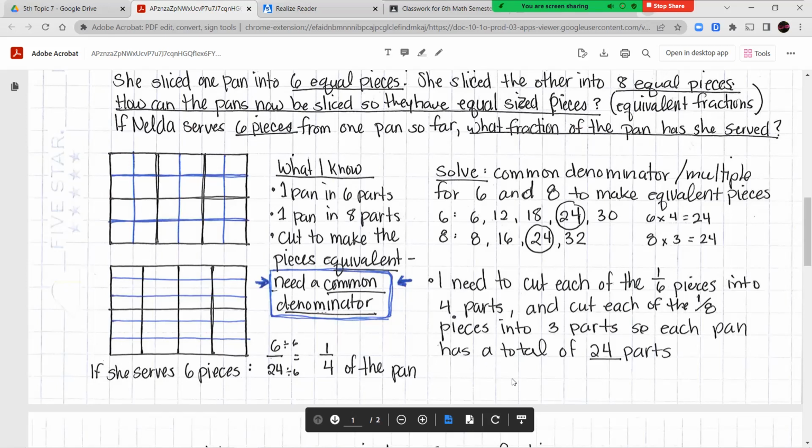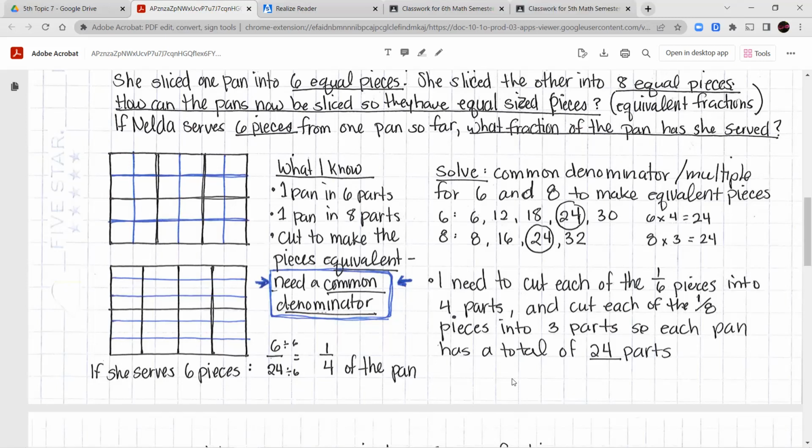All right, so we found our common denominator. How many pieces does she need to cut them into? 24 pieces altogether. Now, the second part of our question says if she serves 6 pieces from one of the pans, how much has she served? So if she serves 6 out of the 24 pieces,